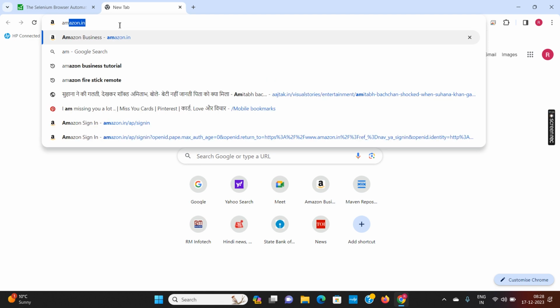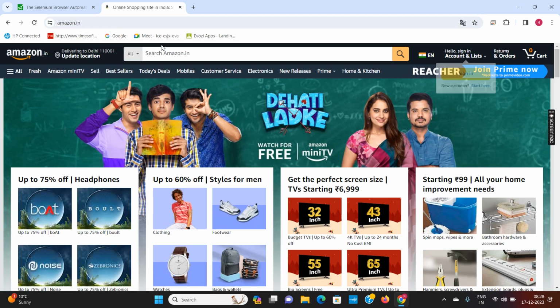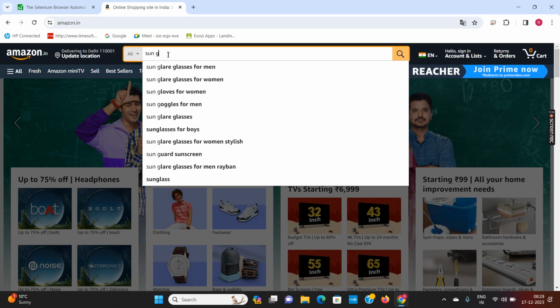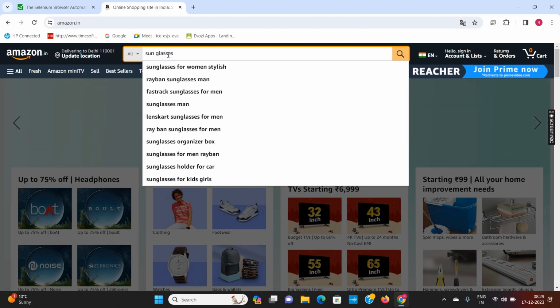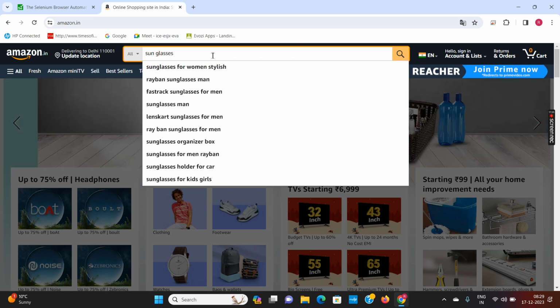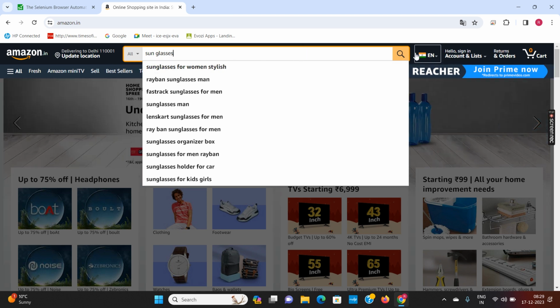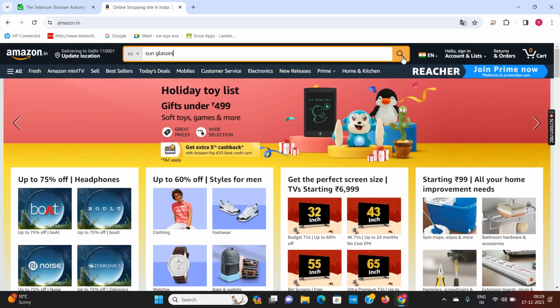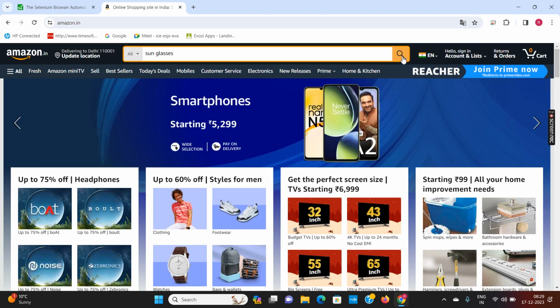When I'm going to Amazon.in and I'm searching for something like sunglasses, I'm taking control of the front end. I do not know what code is written behind it, what language it is using. So basically, that is a code, that is white box testing. Who tests the code?